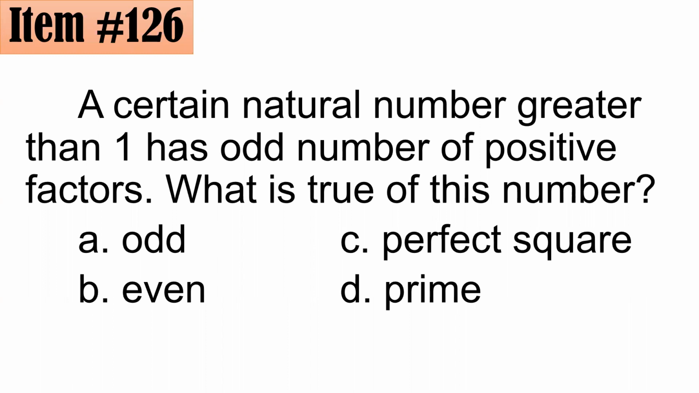Bakit incorrect po si prime? For example, 3 is a prime number. Its positive factors are 1 and 3 only. There are 2 factors, and 2 is an even number. If you answered odd number, I'm sorry, it is also incorrect. Bakit po? Like the number 3, 3 is an odd number, and it has 2 factors, and 2 is an even number. Tandaan po natin, if a natural number has an odd number of factors,